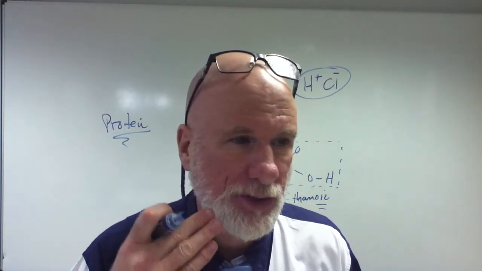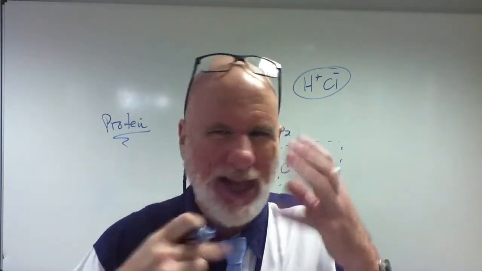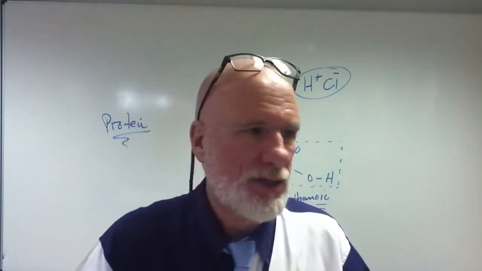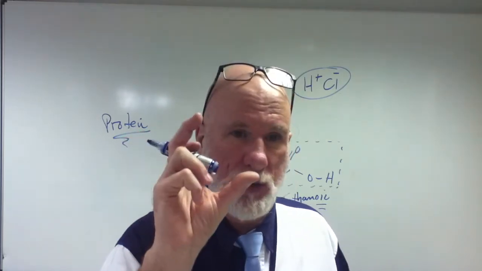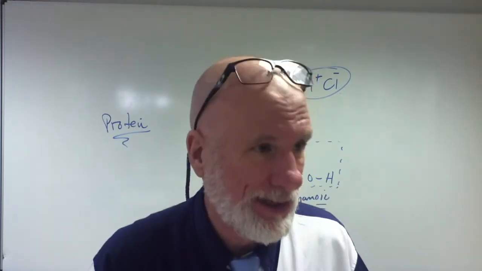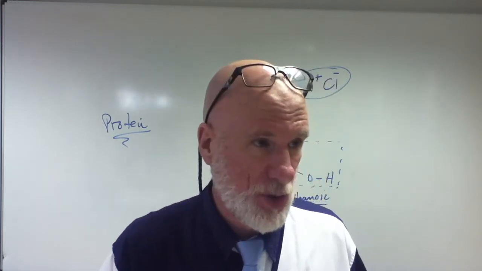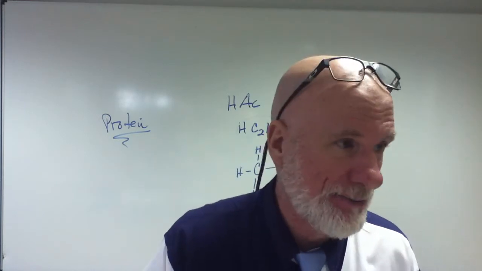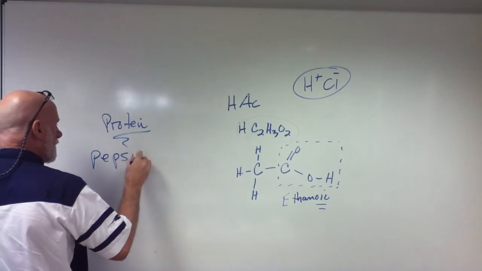In the mouth, you add something called amylase. You masticate it. You mix it with amylase. It goes into your stomach. It's further masticated. And then it goes into your small intestine, the first 20 centimeters of your small intestine. It mixes with amylase again and slowly digests. Yes? So your mouth and your small intestine. But the protein, your protein, is digested in the stomach. And the enzyme is called pepsin.